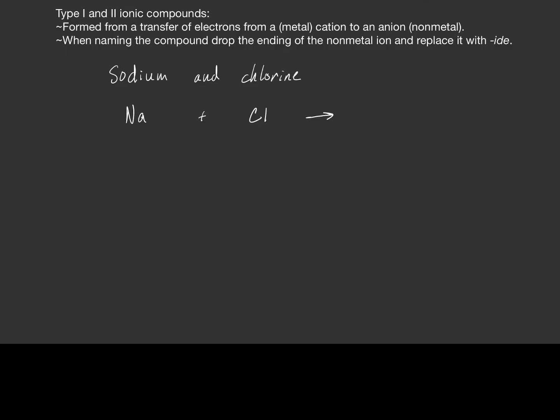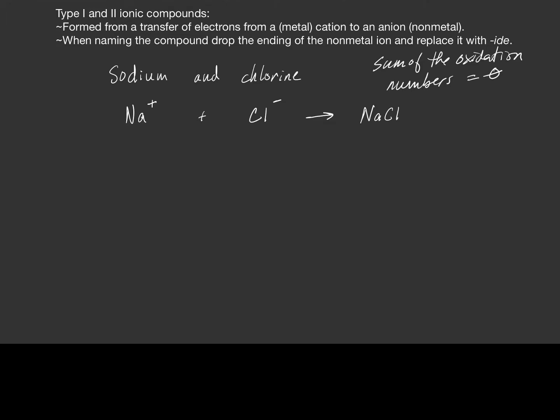So if we go back, we know that we need to write a +1 and a -1. The key here is that the sum of the oxidation numbers, we need this to equal 0. So if we take a look at this, we already have 1 plus a -1, that is already 0. So all we do is we take both of the element symbols, we bring them close together, and we now have our